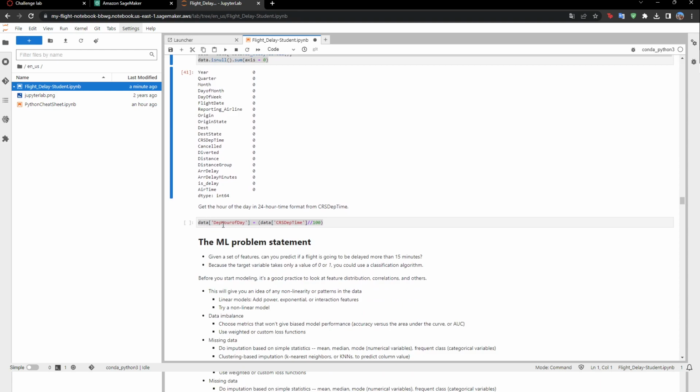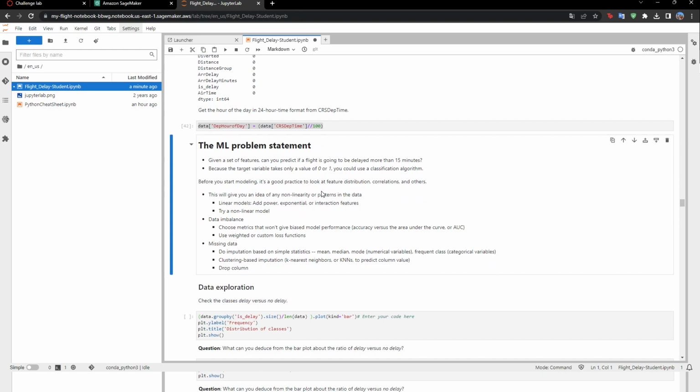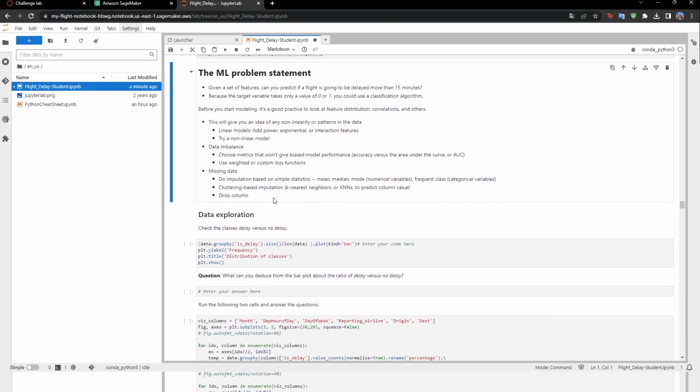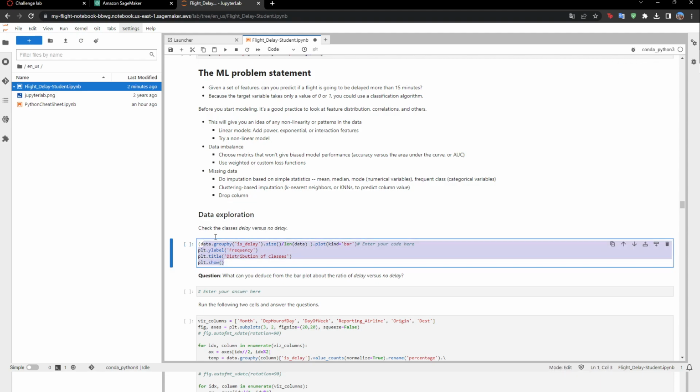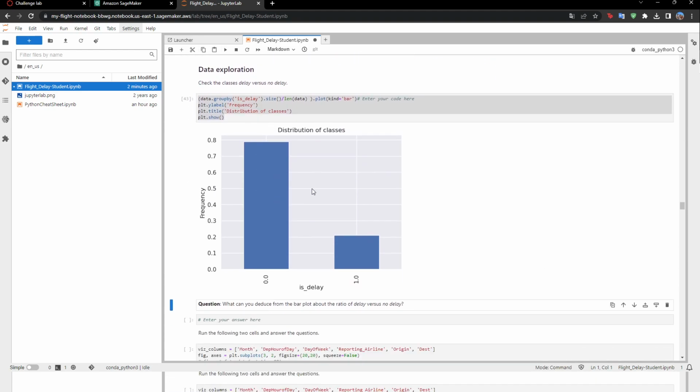Now we get the hour of the day from the hour time format. So we change the time format in here. I run this. Now we are going to do some data exploration and check class delay versus no delay. So let me run just this. Now, as you can see,